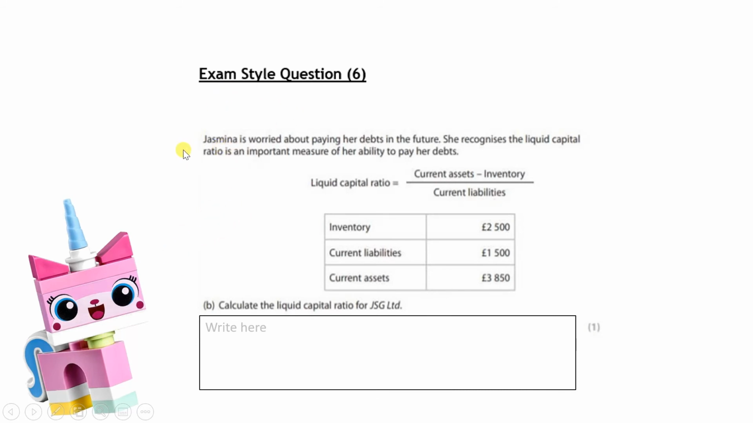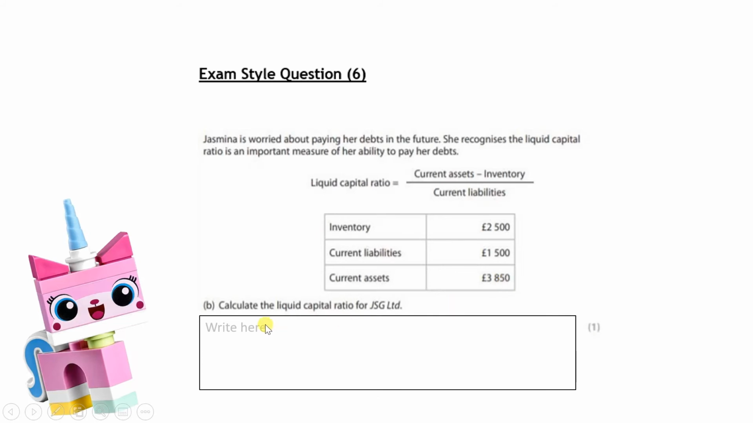Question 6. Jasmina is worried about paying her debts in the future. She recognises the liquid capital ratio is an important measure of her ability to pay her debts. There's a formula. Liquid capital equals current assets minus inventory. You get the answer, and you divide that answer by current liabilities. You've been given the figures for Jasmina. Inventory, £2,500. Current liabilities, £1,500. Current assets,